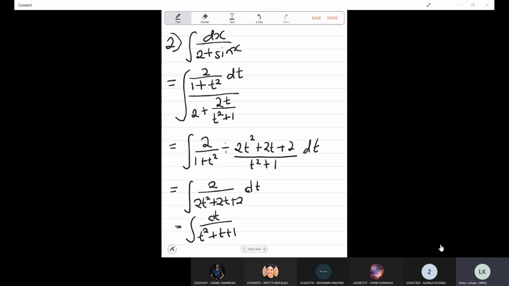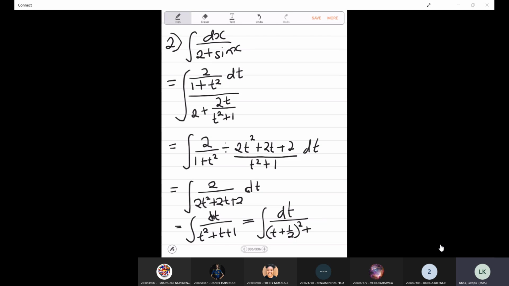If it was possible, you could factorize and then try and use partial fractions, but here in the denominator you cannot factorize it and break it down in terms of its partial fractions. So the only thing to do is rewrite it when you have completed the square. And when you do that, we have dt in the numerator, and then we have t plus a half squared